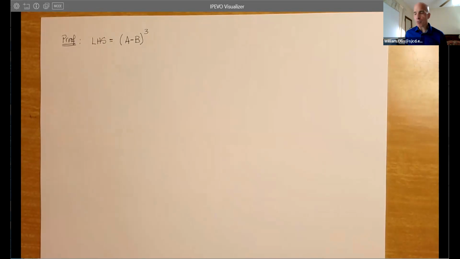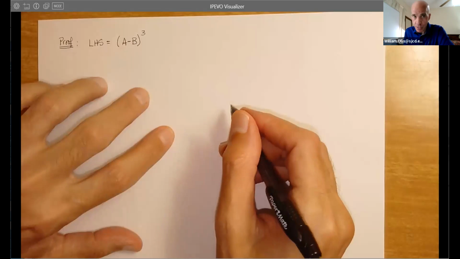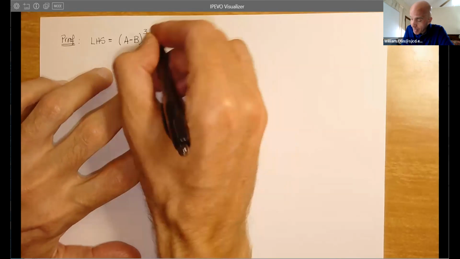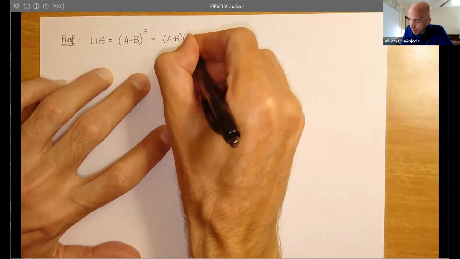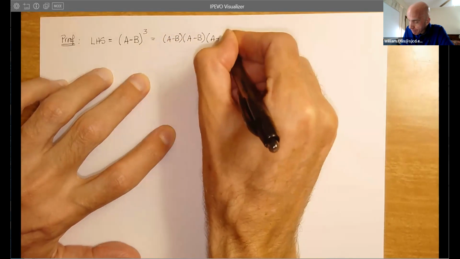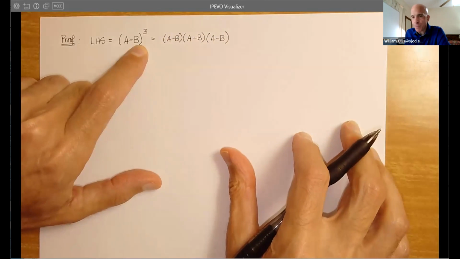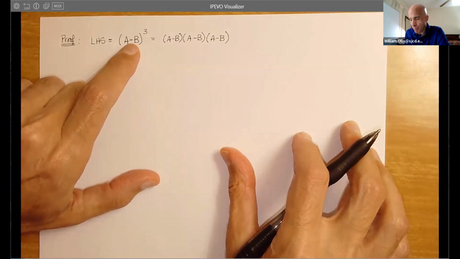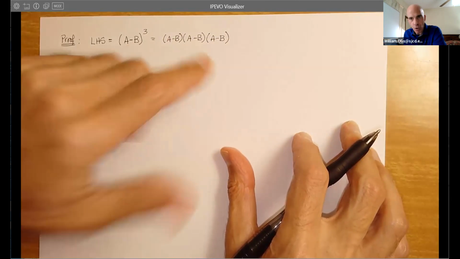So when we do that, we're thinking, okay, well, what does this mean? If we have x cubed, that just means x times x times x. So let's just replace x with a minus b. So this is (a minus b) times (a minus b) times (a minus b), very simple, but very useful. So we see that our notation for mathematics here is very convenient. It's often we prefer to write this. When you solve equations or solve polynomials, maybe this is more useful,